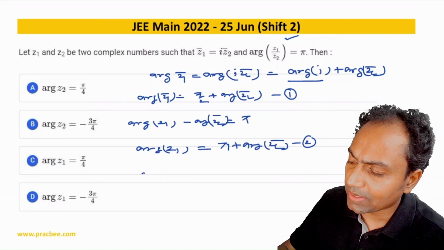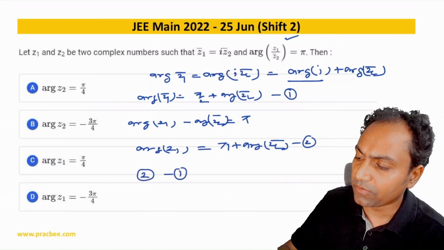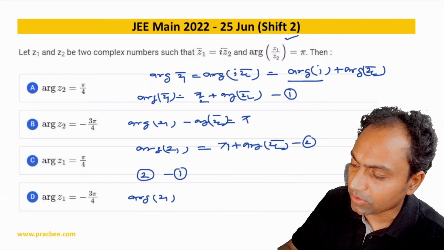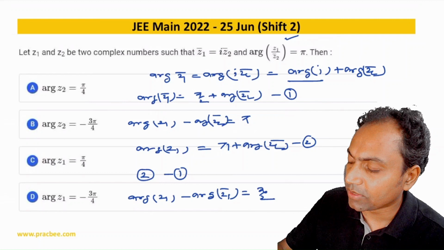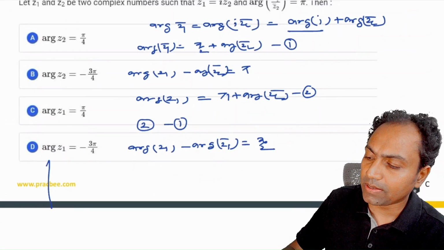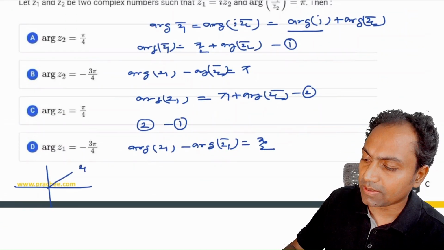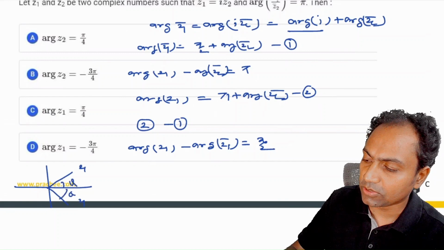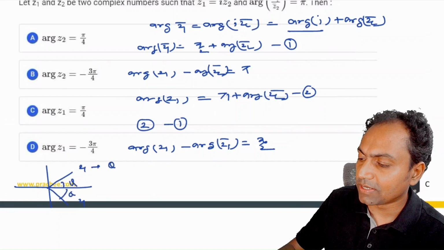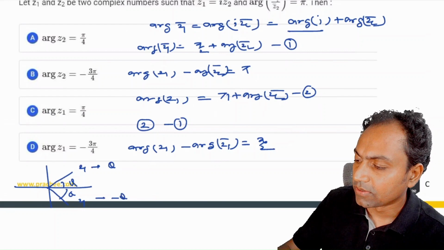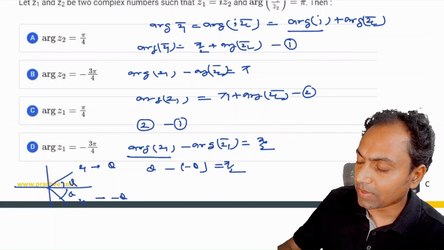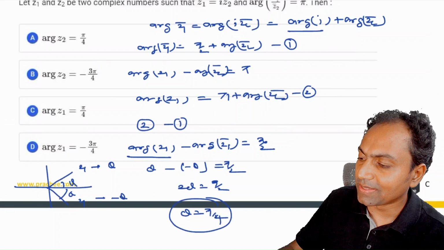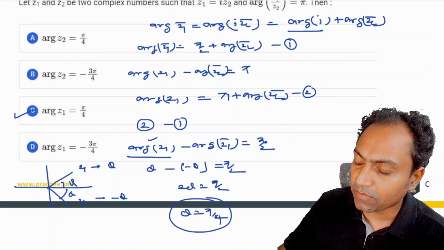Now what you can do is subtract the first equation from the second equation. If you do that, what you get is argument of z1 minus argument of z1 bar, and this would be equal to pi by 2. Now we knew that if argument of z1 is here, the bar would be here. So if this angle is theta, this is also theta, and the argument of the bar becomes minus theta. So twice theta becomes pi by 2, or theta becomes pi by 4. So what we can say is argument of z1, or theta, is nothing but pi by 4,